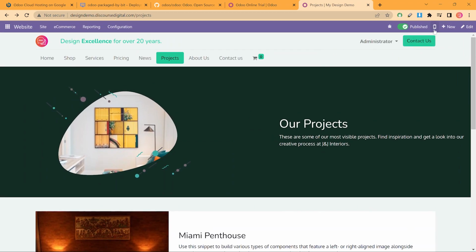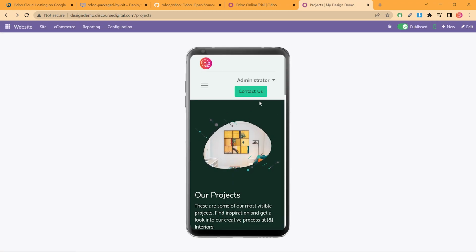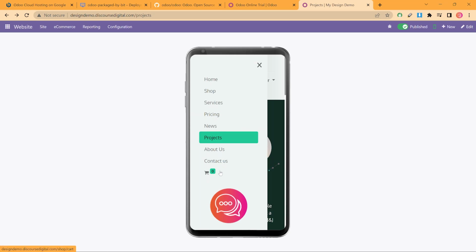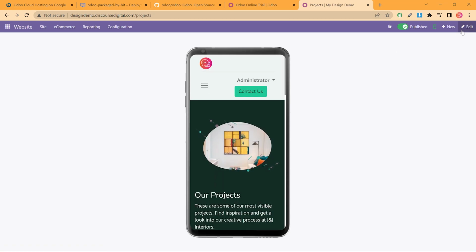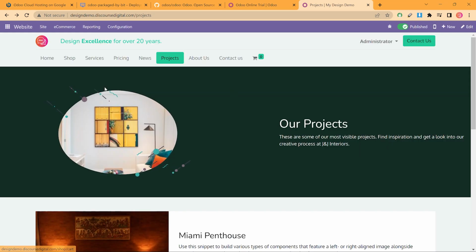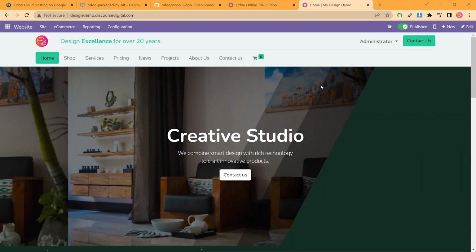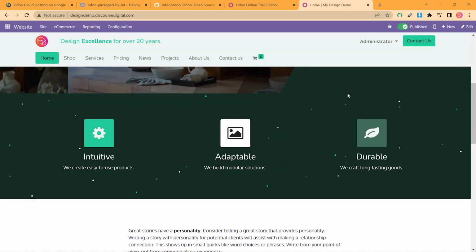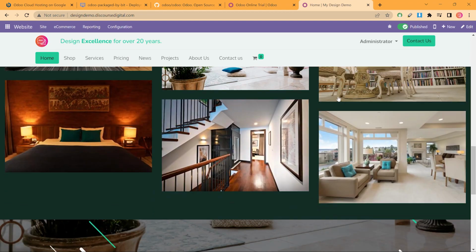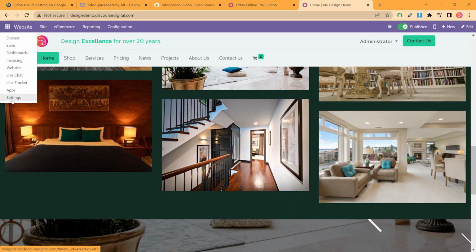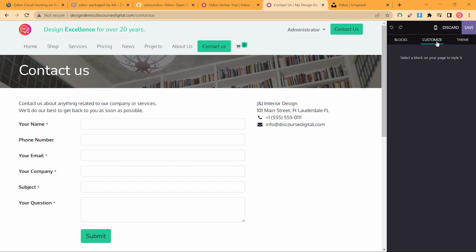Now if we save that and preview our mobile viewport, we'll see that the tagline is hidden. And that's generally how you hide things in the website editor in Odoo, which is powerful for optimizing your mobile viewport and how people view your website on mobile devices. So I think that all looks good. We're going to head back to our settings page,